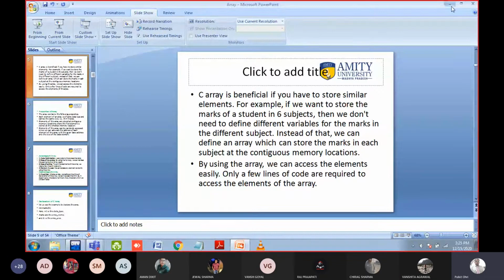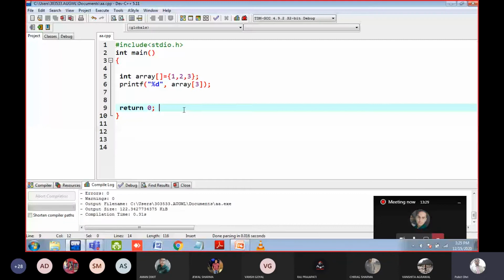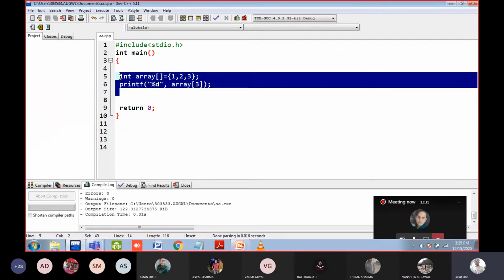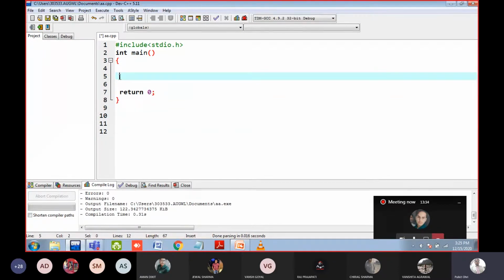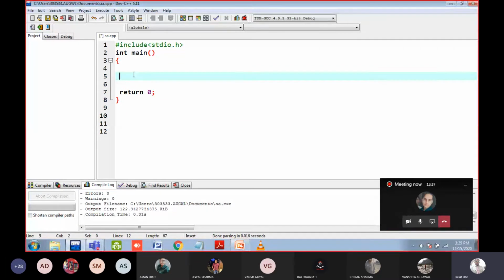So what I will do, let us create an array of even numbers. Let us create an array that will store the first 5 even numbers, means 0, 2, 4, 6 and 8. Okay. Now I will tell you the syntax. For example, I have told you if you want to create a variable, there are two steps. First is known as declaration, giving the type and a name.